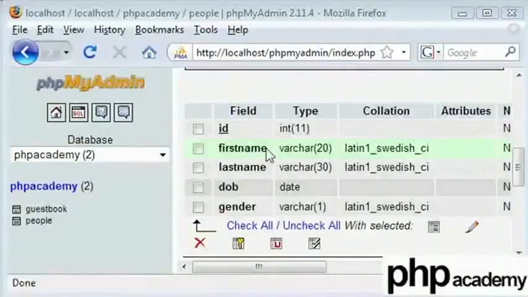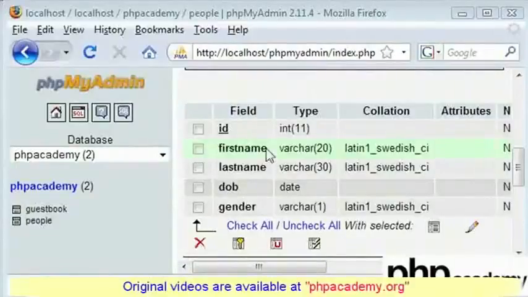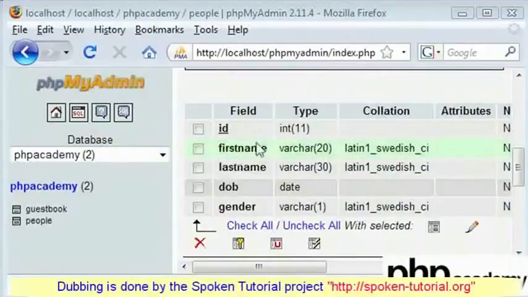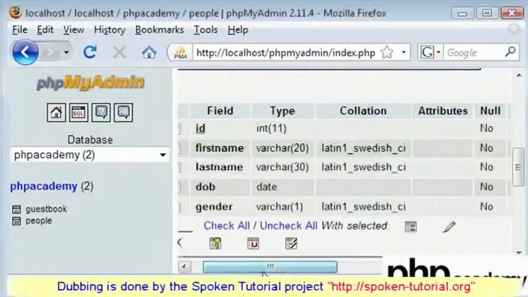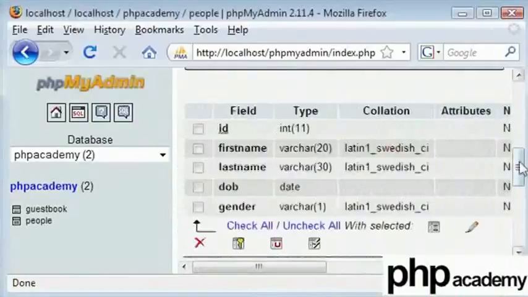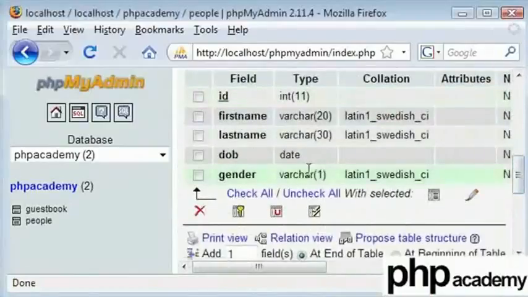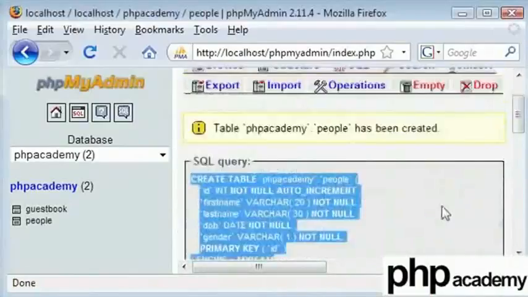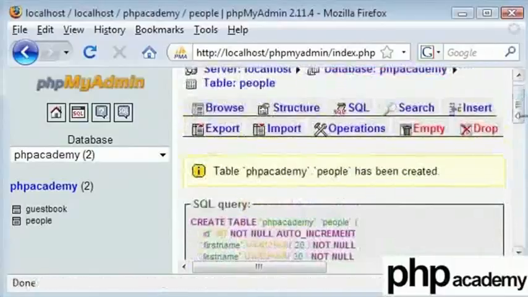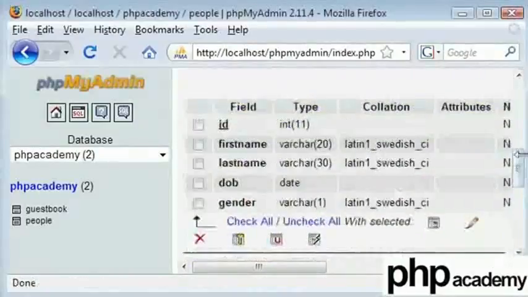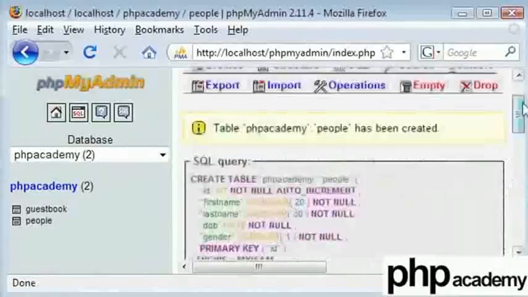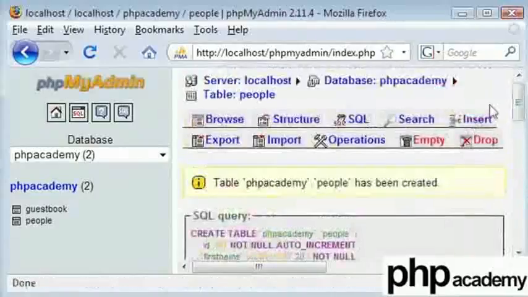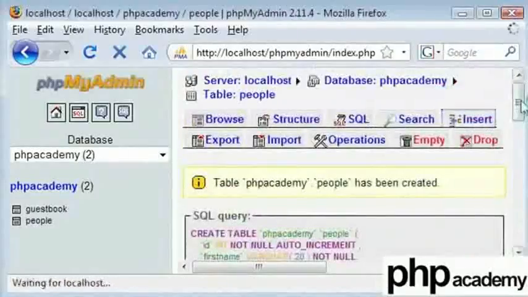Hi, in this first part of the tutorial, we created a table inside our database PHP Academy and we created our fields with all the relevant data to go with it, data types, etc. Now we will insert some dummy data inside our database. I'll not click this insert button here, because by clicking this button we get a very easy to use interface